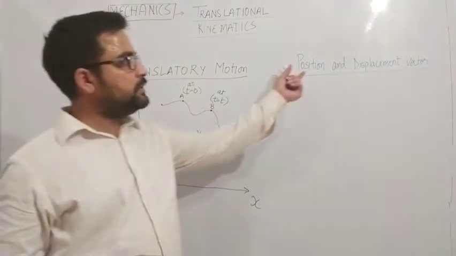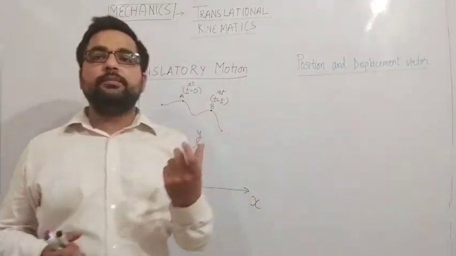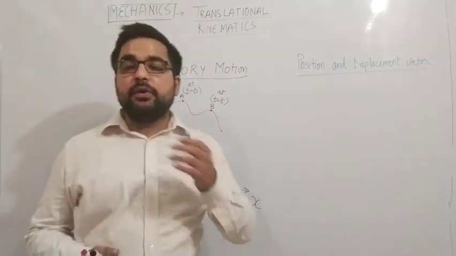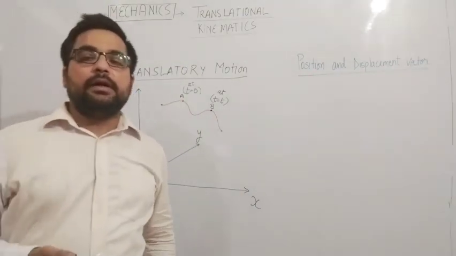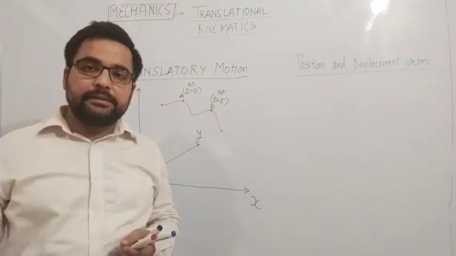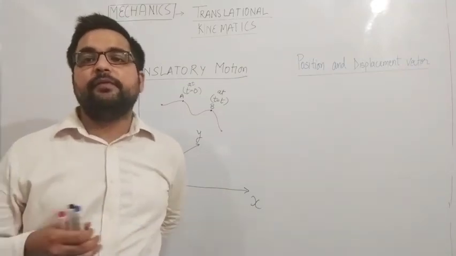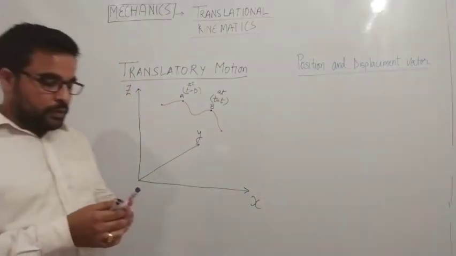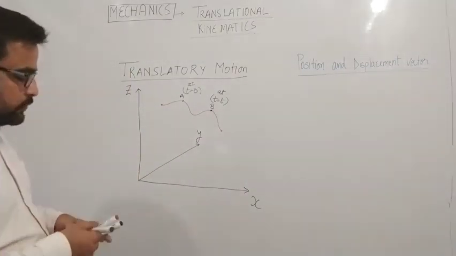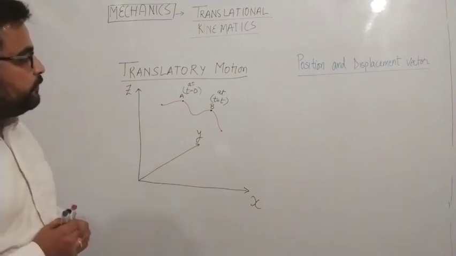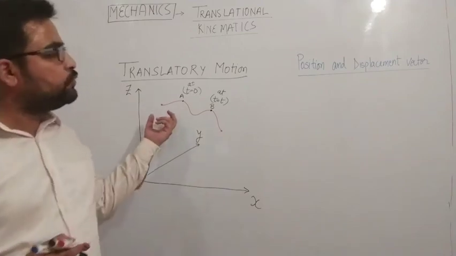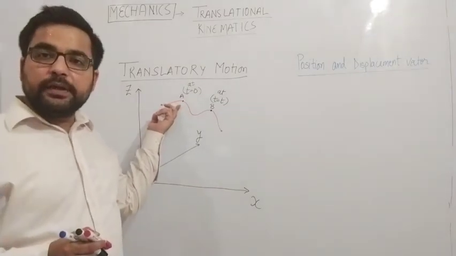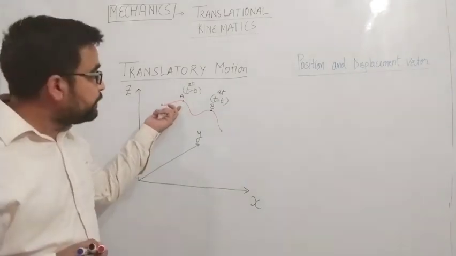See, what is the position vector? A vector which is showing the position of a particle at any instant. That means, earlier we used to give the coordinates if we have to tell the position of any particle. But now, as we have already learned vectors, we will use vectors to tell about the position of a given point or particle, whatever you say.